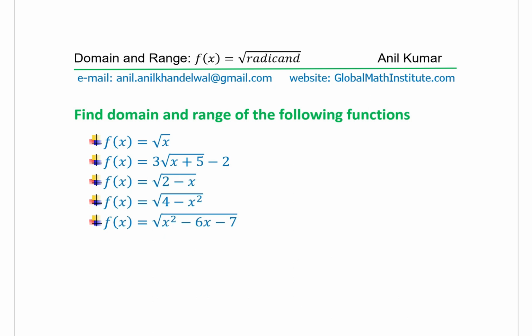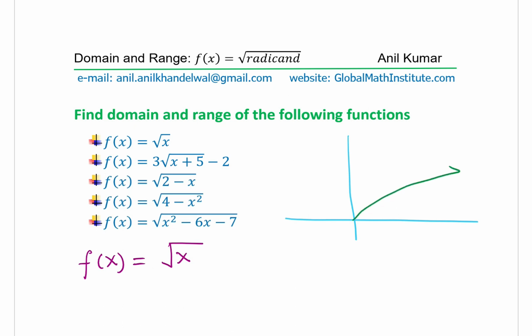To begin with, domain is all values of x which are defined for the given function. So let's take the very first function, which is f of x equals square root of x. This is the parent function which you can actually sketch, and then it's easy to see the domain and range of the function. At 0 it is 0, and then it keeps on rising as shown here. So you see from the graph itself that at 0 the y value is also 0, and as we increase the value of x, at 1 it will be 1, at 2 it will be square root of 2, at 4 it will be 2, so it will be kind of like this,